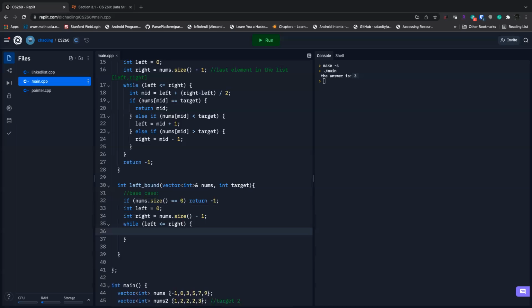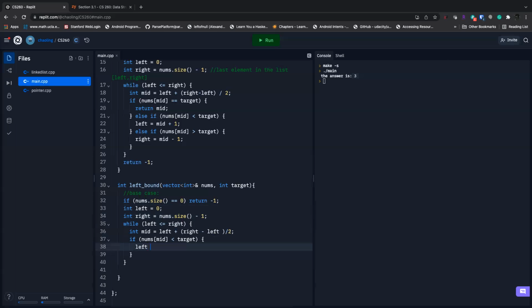And then we will still look at the middle point: left plus right minus left divided by 2. Okay. And now we're going to look at these 3 conditions. If nums of mid is less than the target, it's the same as the binary search. Left is equal to mid plus 1,